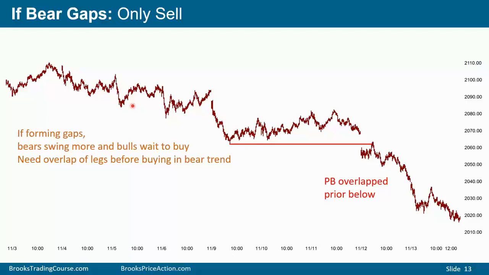If you're buying in a bear trend, you want to see reversals right after the market makes a new low, and you want the pullbacks to go at least halfway up the most recent bear leg. And at times when the bear trend is particularly strong, it's usually better not to buy until the bear trend starts to weaken again.